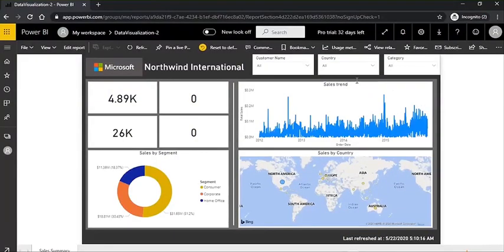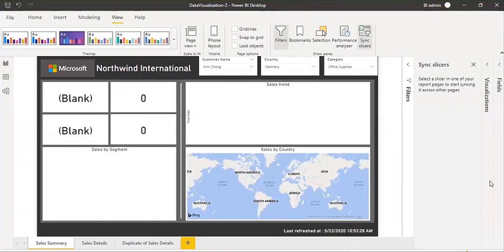Okay, I see one question. Can we set up user level restriction on particular data? Yes, that we can do using row level security. Data visualization is where I saw most of the questions, but not sure why I'm not getting the questions here. Adding an image to a button, yes, definitely can do.